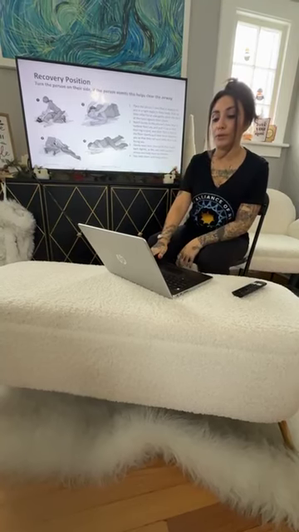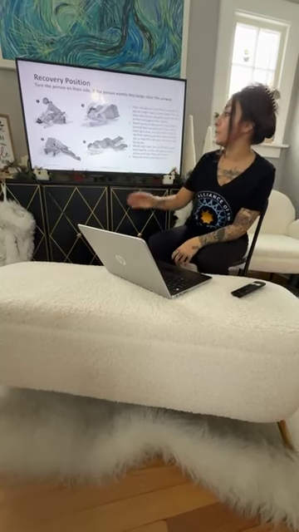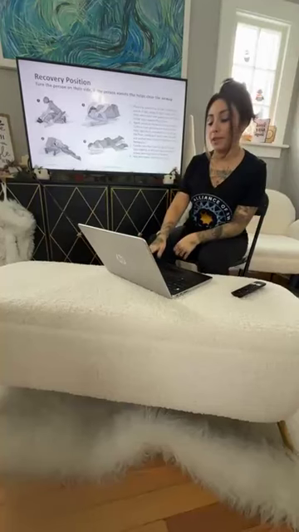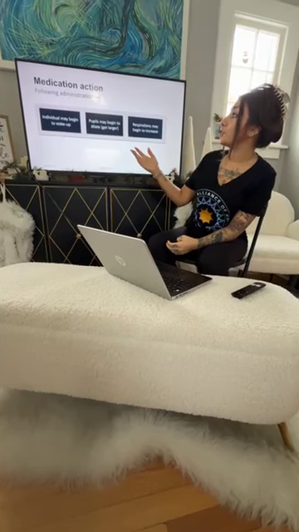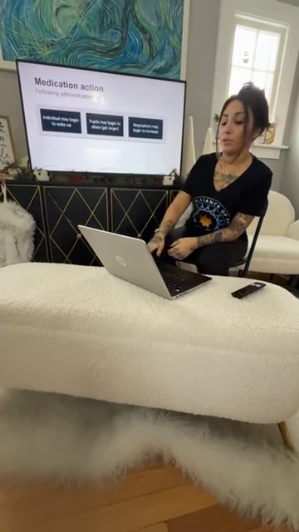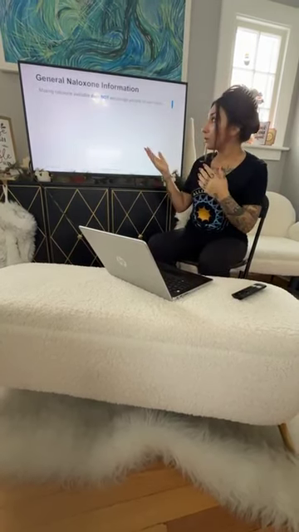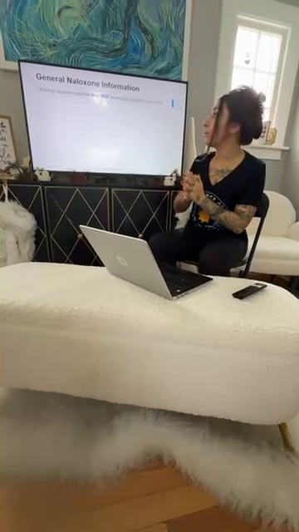This is a little bit more about the recovery position that you want to put them in, like I just said, with the arm and the knee. And then just knowing after the administration of Naloxone, they may begin to wake up, their pupils may get larger, their respirations may start to increase. They may be a little uncomfortable here as well. So just noticing that that's very important here to recognize as well.